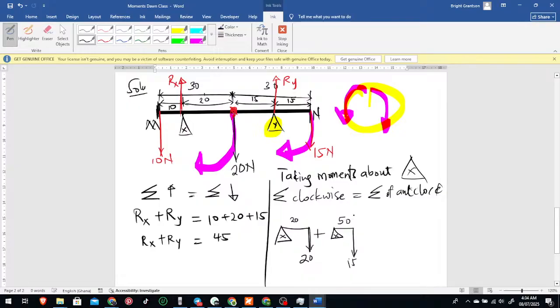Sir, please, can you come again with the other side, with the 50 portion? Yes. We are looking for the clockwise moment. We found that this force, the 20 newtons, will move in the clockwise direction, same as the 15 newtons. So we are now looking for the distance between the 20 newtons and the x pivot. So before you start this one, you have to make sure that you've completed all the distances in the diagram, right? Now from 15 newtons to x, the distance is 15 plus 15 plus 20, which is giving you